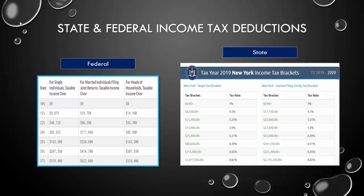How do state and federal income tax deductions work? We have a progressive system in the United States, which means the more you make, the more you pay in taxes. On the left is the federal bracket. It's kind of hard to read, but I'll explain the best I can. For single individuals, the first